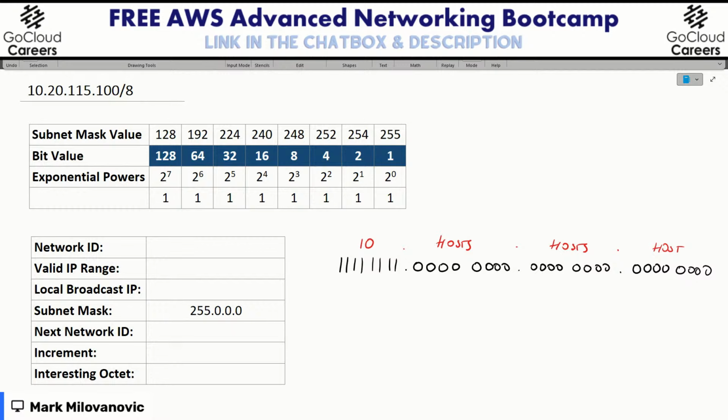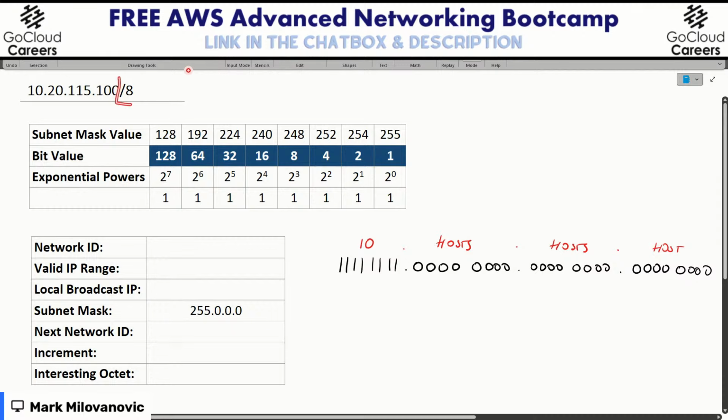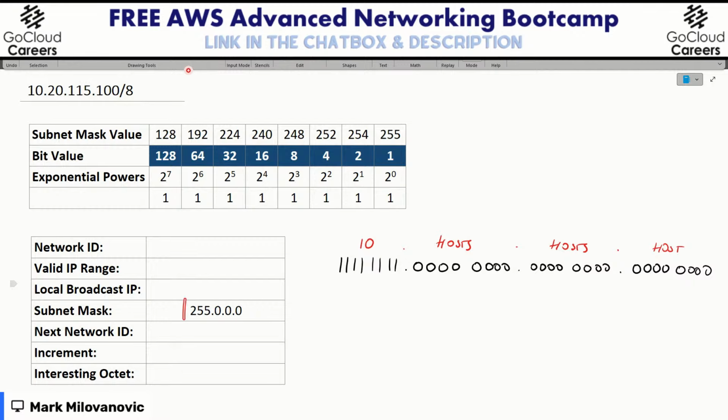And it's written in shorthand just by how many bits are turned on, just like we did here, that make up the actual network address. But the reason we do the conversion to dotted decimal is that, let's say you go take a test, you might see both versions or formats, /8 or 255.0.0.0 and so forth. So you'll have to understand how to convert between them and what they mean.